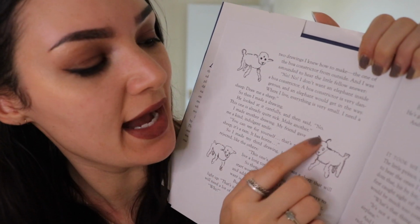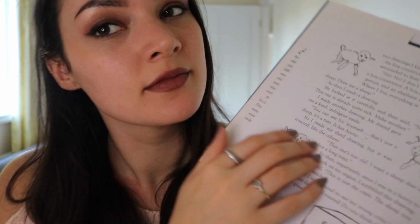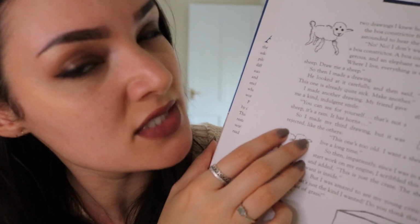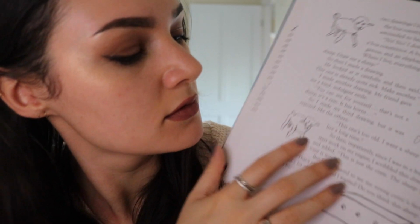And this is a ram. So I made my third drawing, but it was rejected, like the others. "This one's too old. I want a sheep that will live a long time." So then, impatiently, since I was in a hurry to start work on my engine, I scribbled this little drawing